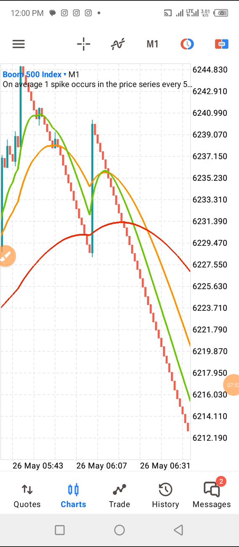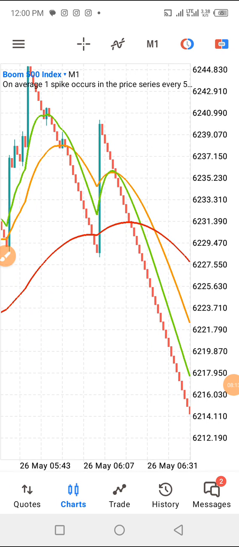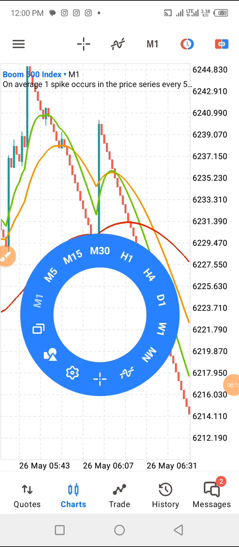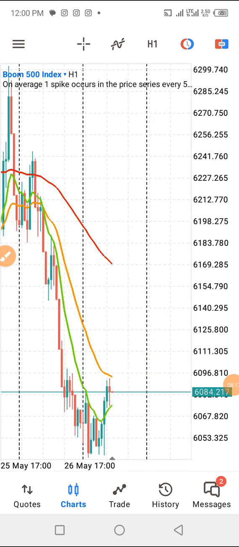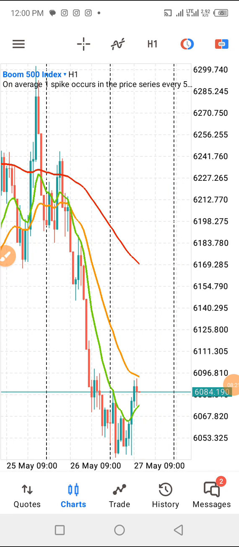That is one. Then make sure you avoid pairs that are too volatile, because if you are trading on synthetic indices, don't try using all these boom and crash, especially when you have a very small account, because the spikes can be very massive at times. So that is that. Then if you are using it on probably 1 hour time frame, now this is where the signal issue comes up.